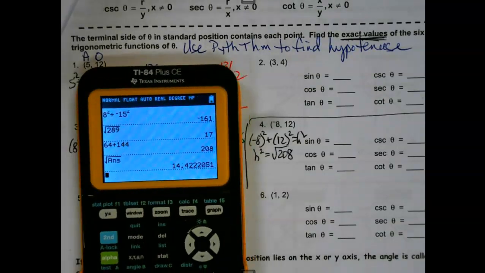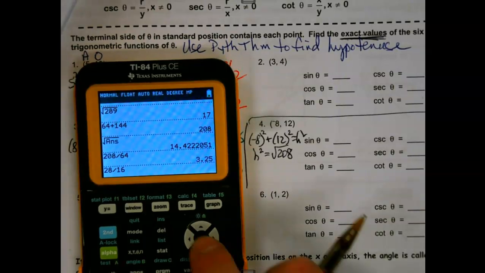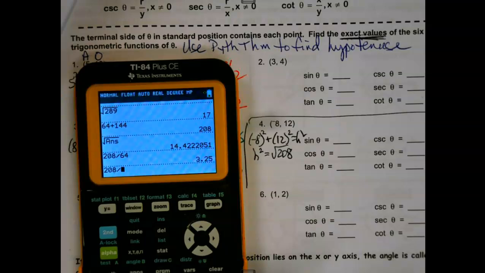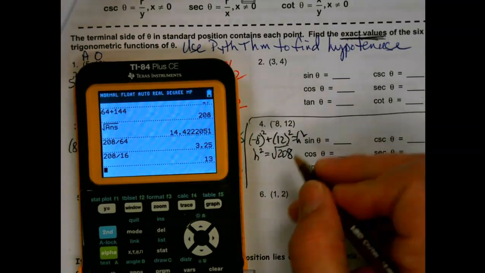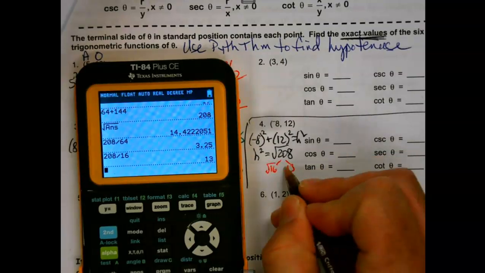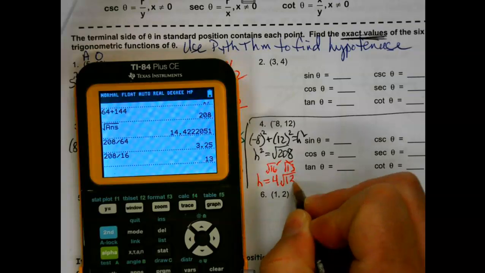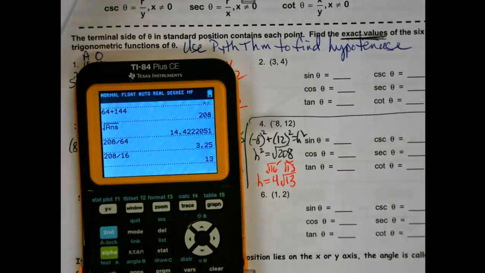So, let's see here. Oh, what's going to go into 208? I'm going to think big first and then work my way down here. Okay, nope. 16, I'm being told. Whoops, hang on. I got to type in the right number. I'm good. That's good. 16 and 13. Okay. So my hypotenuse is 4 times the square root of 13. Oh, boy. So